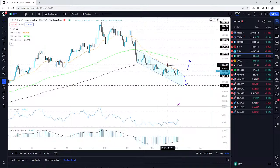And this is what I was saying in these scenarios, whenever we have a strong move to the downside, and then a gradual move to the downside within the channel, or even better, a falling wedge, yep, we can expect some movement to the upside. Now, am I saying that this is going to be a strong move higher? No. But initially, what I'm targeting here is